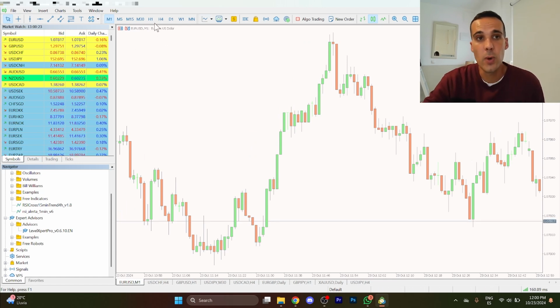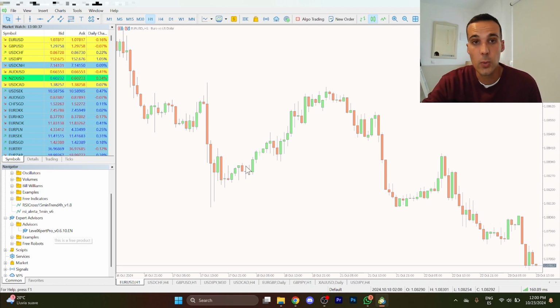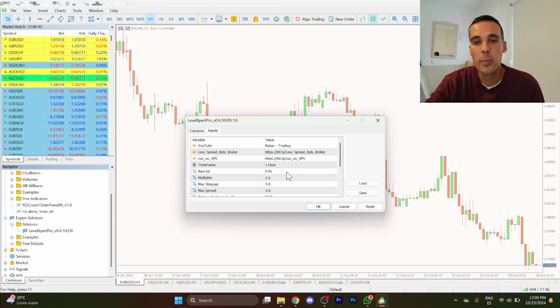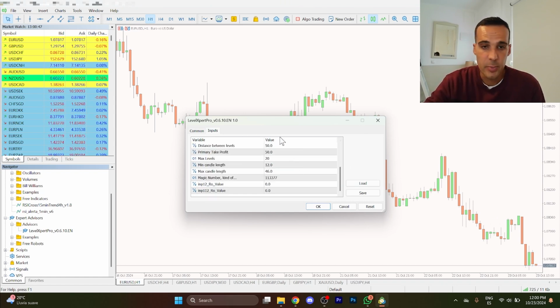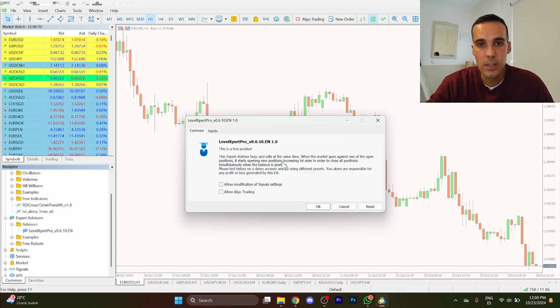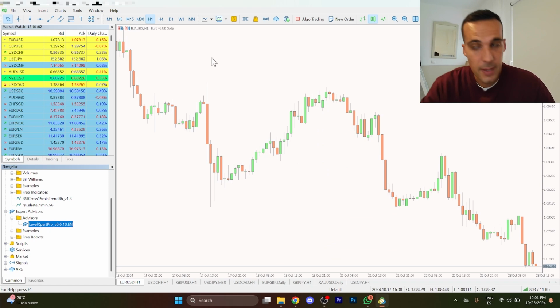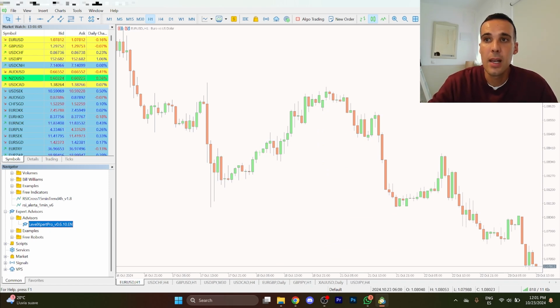My robot works on the 1 hour time frame, so we click on 1 hour. Now we are looking at EURUSD on the 1 hour chart. We double click on our robot once the chart is open, okay? And it's going to open our bot. These are the presets. We can change anything on it. Here is a small description of the robot, what it does. On the inputs, we can change anything. We click on it, and as you can see, here it says the Level Expert Pro